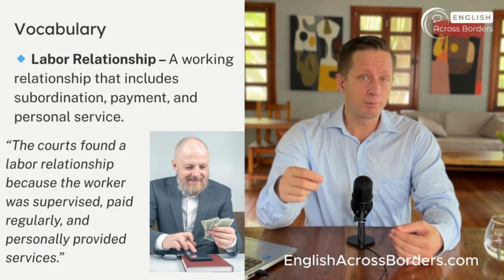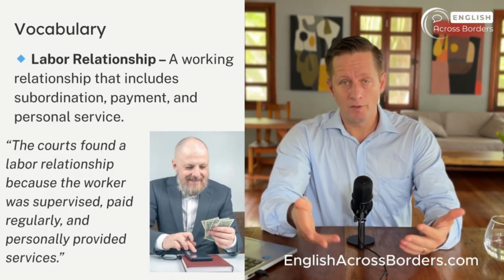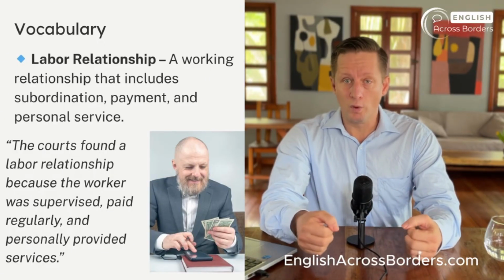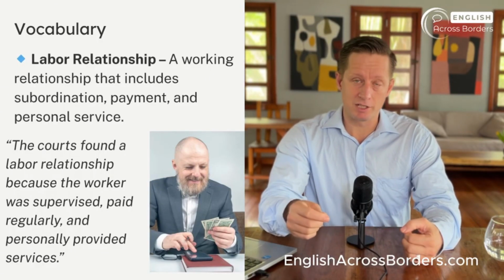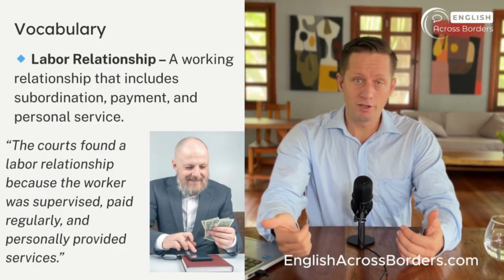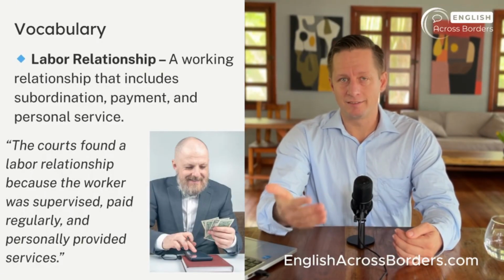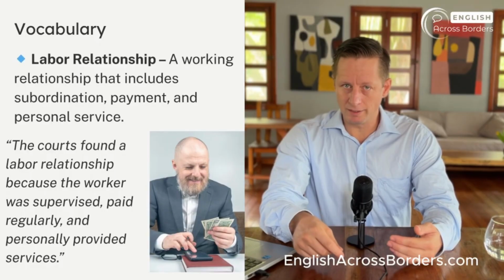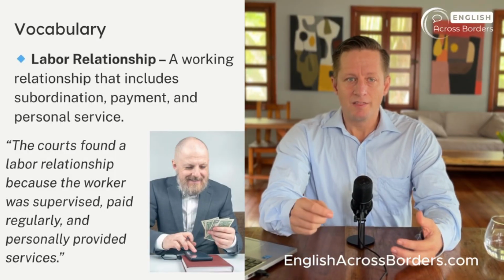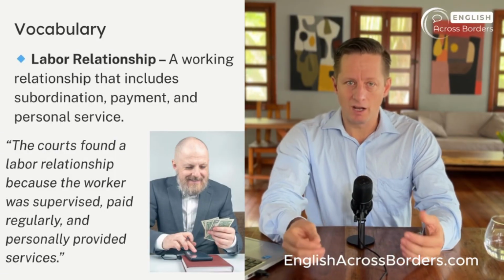If all these are present, legally, there's a labor relationship, which triggers labor protections like Social Security, vacation, and severance rights. In Costa Rica and other countries in the region, this is the foundation of labor law